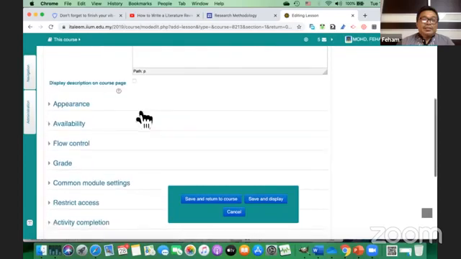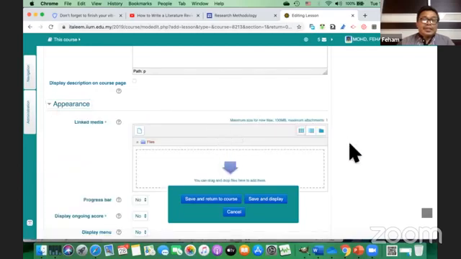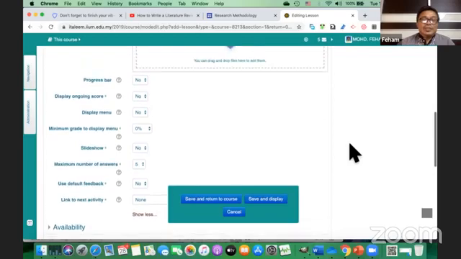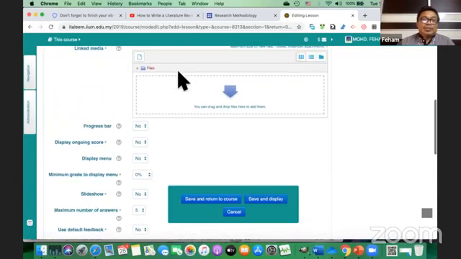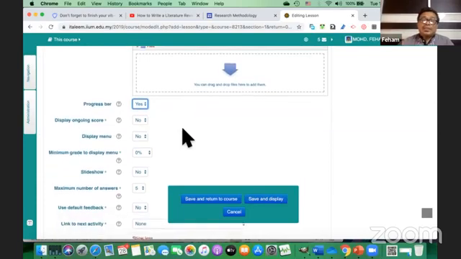And done with that, you go to appearance. These are all the default values. If you want to provide the student with a progress bar, you can do so, so the student may know what is actually his status at a certain point, how many percent has been completed.